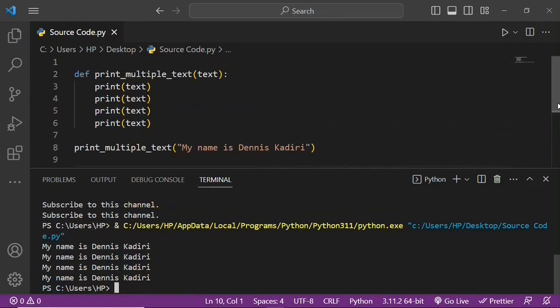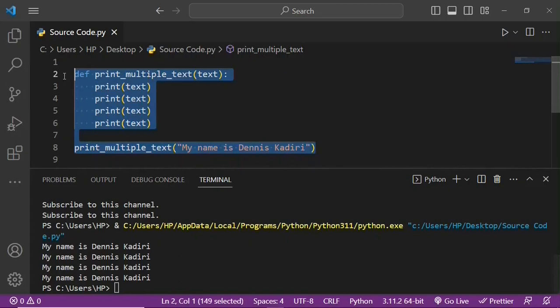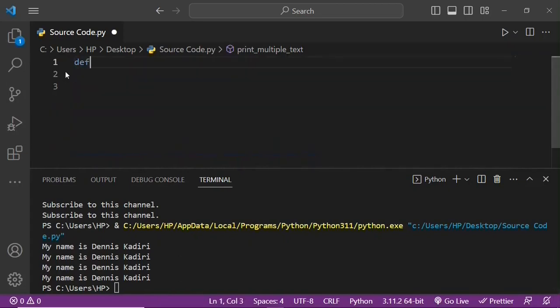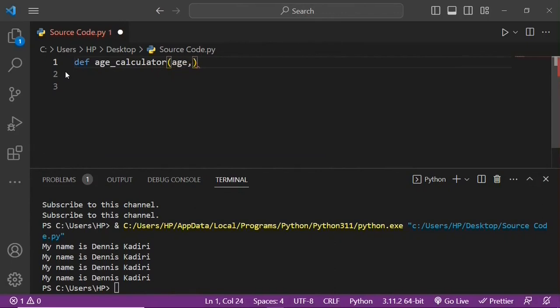You can also add if statements within a function. Let me show you a quick example. So let's say I'm going to define another function. Let's say age calculator. And then I want to be able to pass 2 values. Let's say age and then name. And I'm going to add a colon. And then on the next line, I'll say